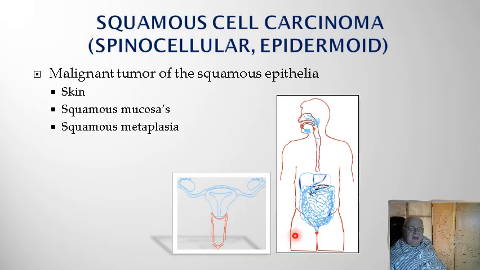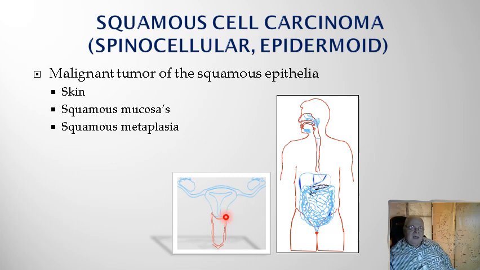skin, so the entire surface, but also the oral cavity, the pharynx, and the esophageal tract in its entire length. In the respiratory tract, we also have squamous mucosa in the larynx and the first third of the trachea. We also have squamous mucosa covering the vagina and the exocervix of the uterus, only the external part of the uterus. In all these locations, on squamous mucosas, squamous cell carcinoma can appear, and